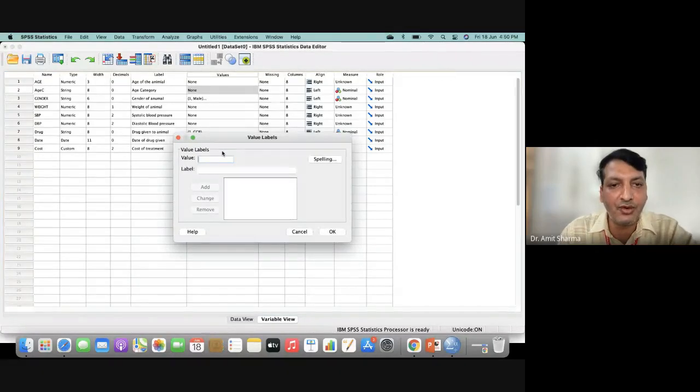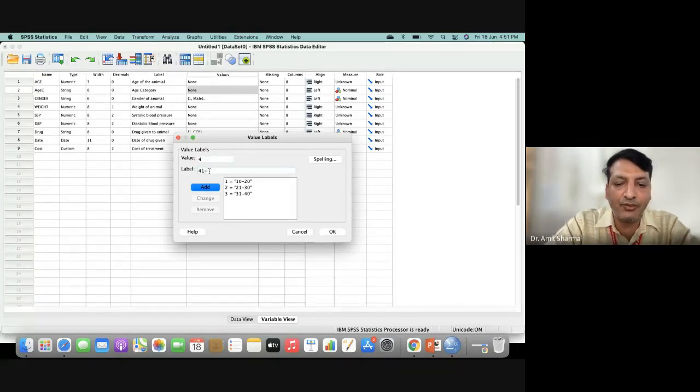So for that, we are going to write 1 means 10 to 20. The same way we write 2 means, now don't repeat 20 because 20 has already been given, 21 to 30. 3 means 31 to 40, and 4 means 41 to 50.